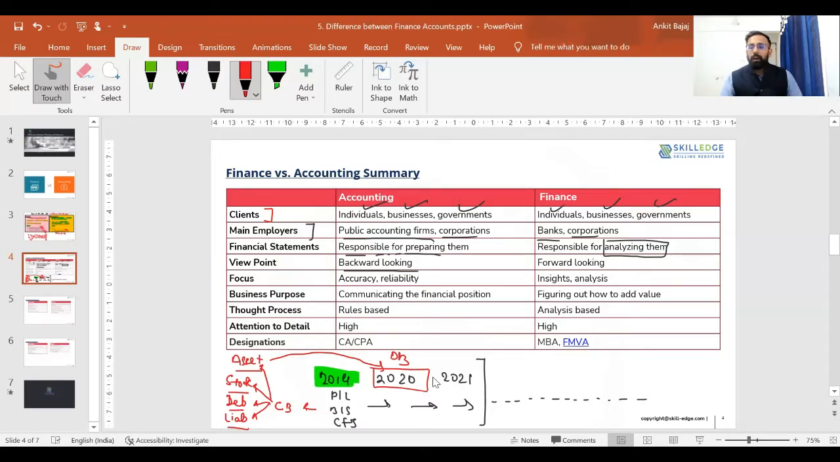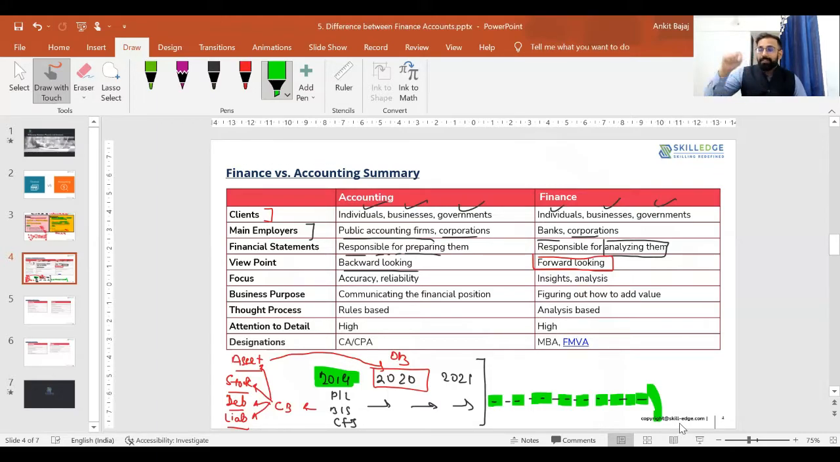Now if I talk about finance, in finance we do forward looking. I've already told you, when you are appointed as a financial analyst or finance manager of some company, you will be forecasting the financial statements, right? Let's suppose we are in the year 2020. Now if I want to invest in some company, I will definitely try to find out the future cash